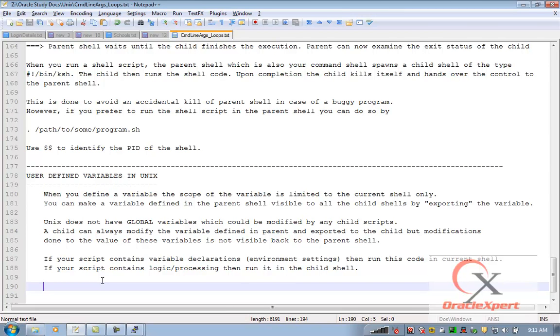So when you want to enable parent-child communication, enable it either via IPC pipes or using some persistent data store by writing those modified values into a file. So don't declare them as a variable if you want to pass that variable to the child and get the modified value back from the child to the parent. Another way could be using command substitution. If the parent wants to define a variable, allow it to be modified by a child, and the modified value should be visible to the parent, use command substitution. So even when the value is changed, the assignment is still happening in your parent shell. So it's an important technique now for